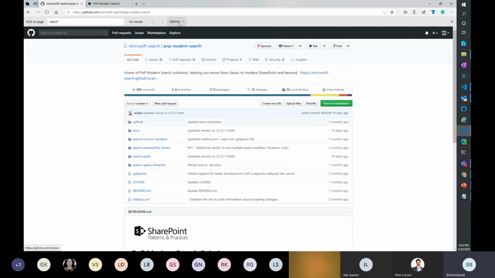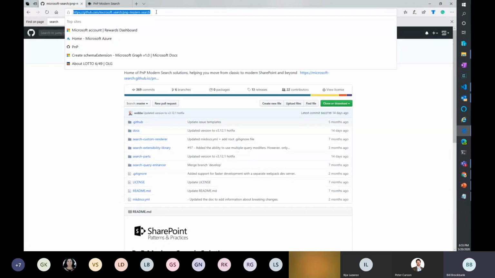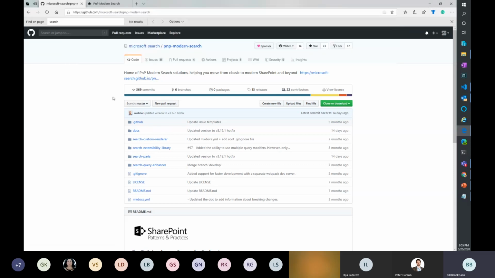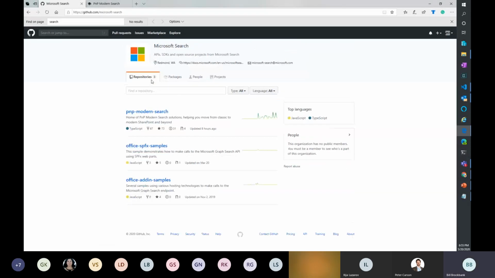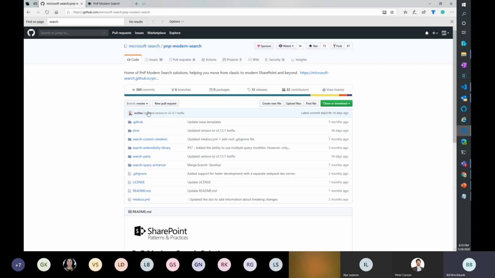You can get everything if you get this URL, which is the GitHub Microsoft Search. If you go to that location, this is where you're going to find anything coming from Microsoft on the new search they're providing. There will eventually be some more projects in here, but this is the project you're going to look for. In here, the documentation is there, and all the web parts that they have.